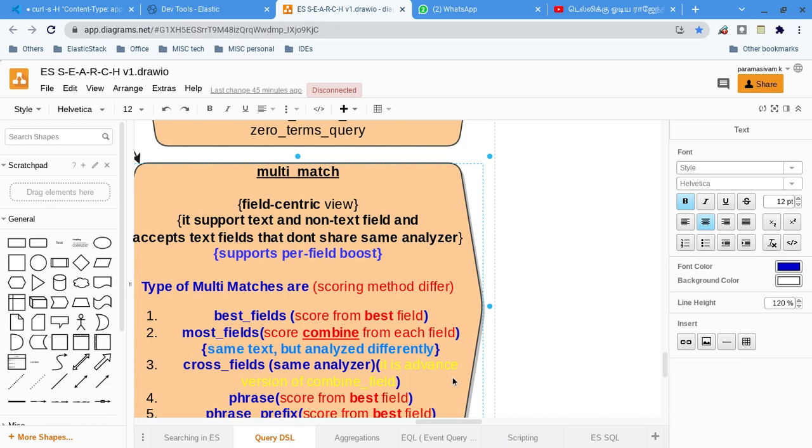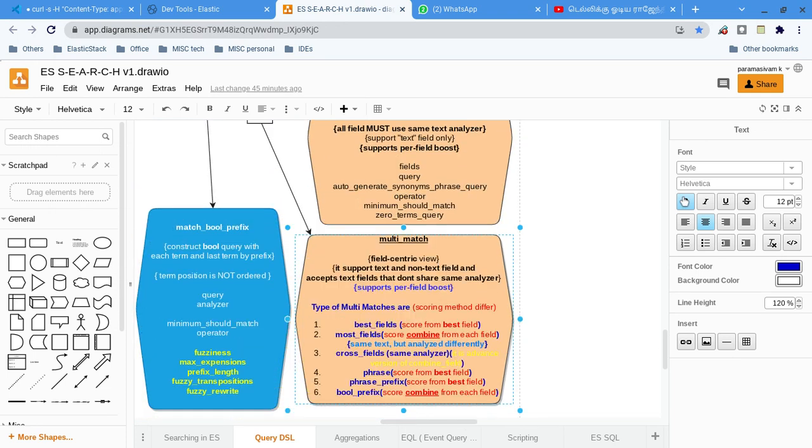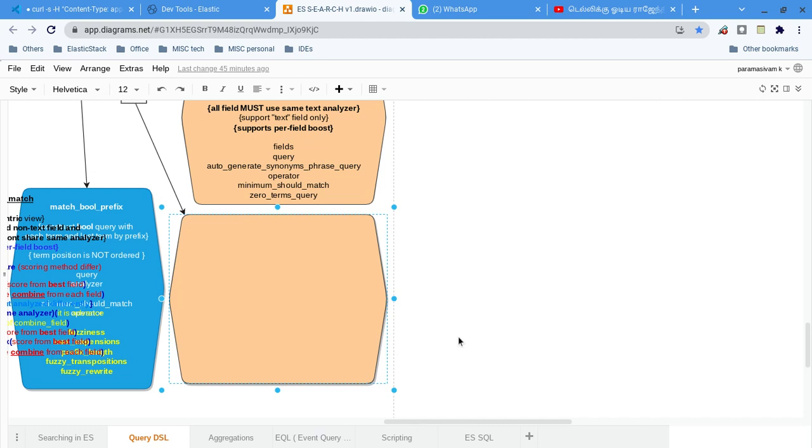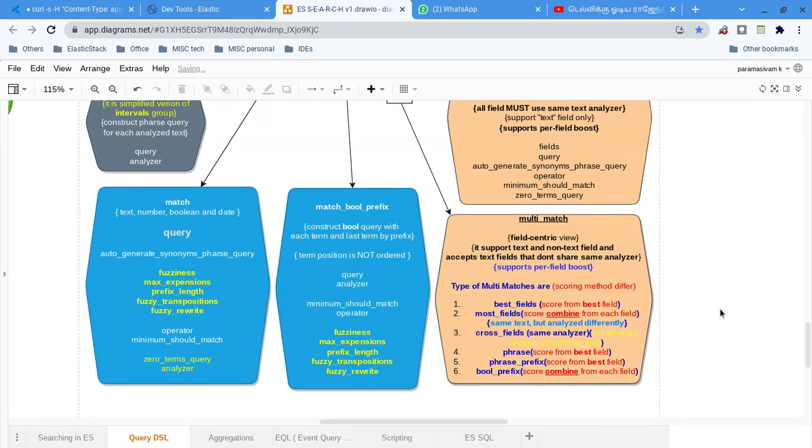Let's go to the diagram. Match phrase prefix runs for a single field, whereas here it runs for many fields. The scoring values are combined, and whichever documents give a higher score value will be brought to the top.